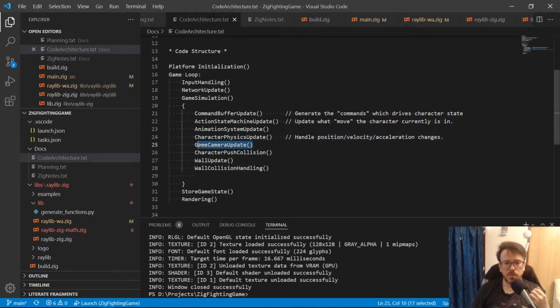Now the tricky thing is do we want the camera? We not necessarily care to be this granular, but do we want the camera to update before or after the push collision? That's important, I guess, or maybe it's not important, but it does affect ultimately where the camera ends up, right? Because if we put the character push collision before camera update, say you have two characters moving, one is pushed a little bit, so the camera's going to try to center between those characters. If you update the camera before that, then it won't be shifted just a little bit, right? So I don't know what we want to do there.